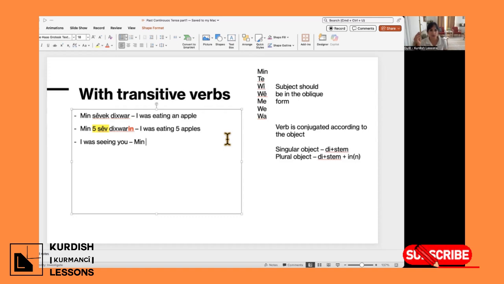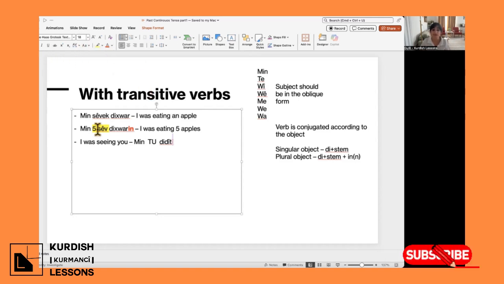Okay, so I said we use the verb diten, and the past tense is did, right? Okay, so the past tense is did. And I know with continuous, I need the did. But now let's have a look at the object. So the object is you. So there is a rule with past tenses, your object should be in simple form, which is to. So min to dt.